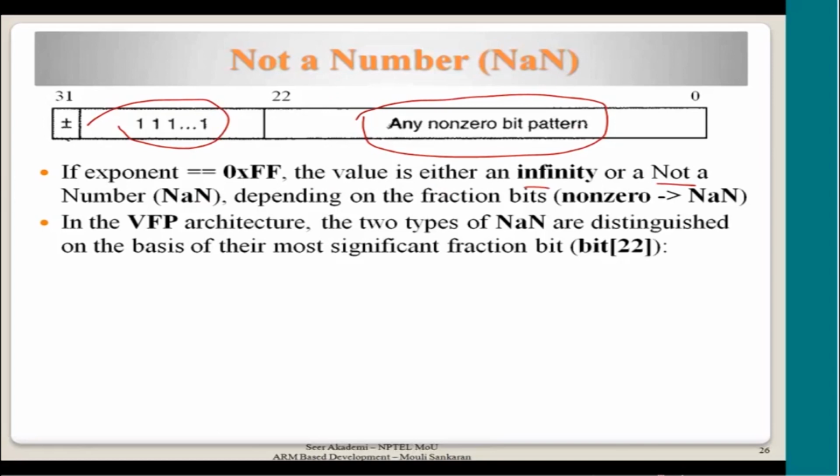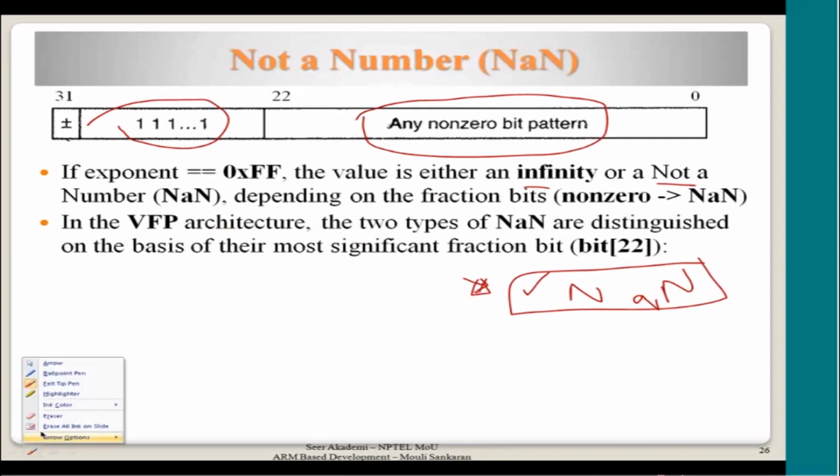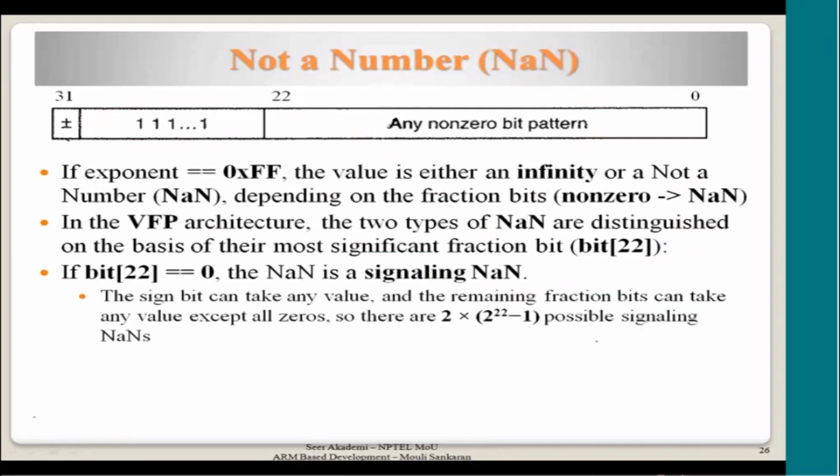So, in DSP architecture, the not a number representation is actually implementation specific. Any floating point processor is free to use this pattern to convey something internally within the processor on some floating point arithmetic happening. So I will explain why it is given. In the VFP, that is the vector floating point processor, which we will be seeing in the next class,